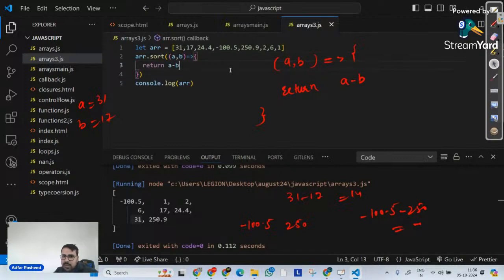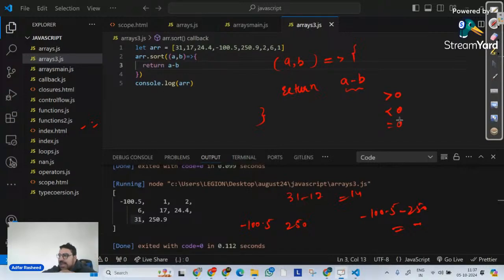Okay, now look at this. Ignore whether it is sorted or not. Look at this. Based on what a comma b is, there are two possibilities now. Actually, three possibilities. Either this function is going to return a value greater than 0, or less than 0, or equal to 0. Yes or no? These are the only three possibilities that the comparator is going to return no matter what.